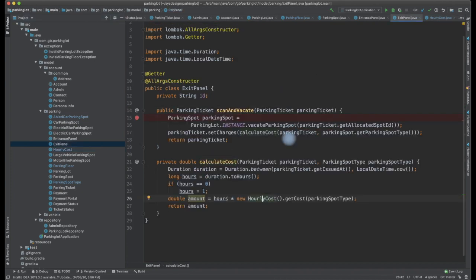So if we need to come up with a different cost structure, we can add it, and calculate cost is going to have a different calculation strategy. We are going to implement a calculation strategy based on the parking ticket type or the parking method type, and we should be able to extend here as well.